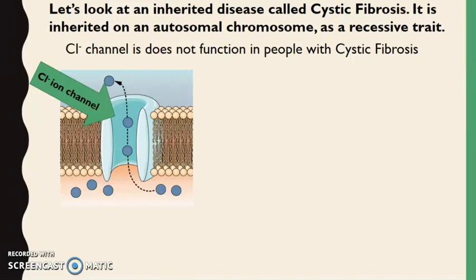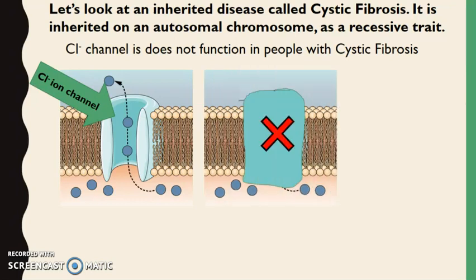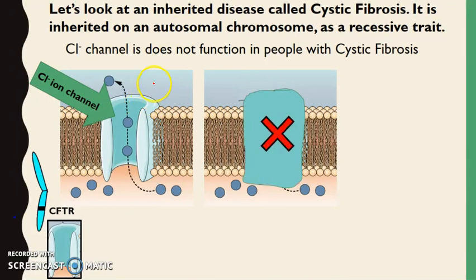So in this short video, we're going to look at the difference between an autosomal recessive inherited disease versus an autosomal dominant inherited disease. So in the case of an autosomal recessive, we're going to look here at cystic fibrosis. And with cystic fibrosis, it really comes down to the protein channel that is used in your cell membranes to